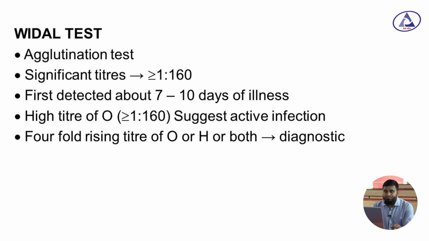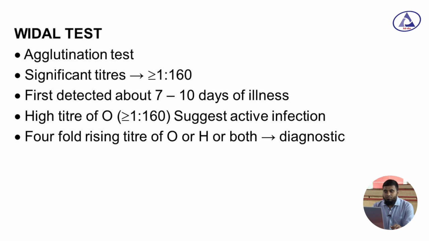Vidal test is the most frequently used serological test for identification of Salmonella. And here H antigen and O antigen are regarding Salmonella typhi, and A antigen and B antigen (AH and BH) are regarding Salmonella paratyphi A and Salmonella paratyphi B. And here the baseline titer is 1:80, and the significant titer is 1:160. First,